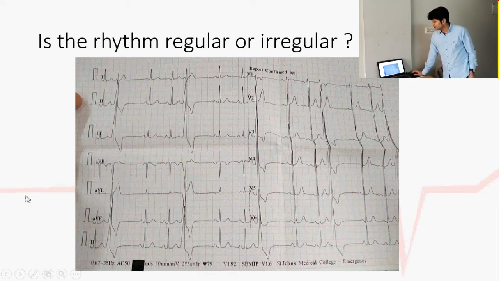So with the rhythm we can decide whether the rhythm is regular or irregular. If irregular, you have to see whether the rhythm is irregularly irregular or regularly irregular. If irregularly irregular, you are going to look for the P waves. If P waves are absent, your diagnosis is atrial fibrillation. If P waves are present, your diagnosis will be either multifocal atrial tachycardia, where the P wave morphology will vary, or sinus arrhythmia, where the P wave morphology will be the same. If your rhythm is regularly irregular, you have to see what sets of voltages you are getting. If there are 2 R waves together, then the gap, it's a bigeminy. If there are 3 R waves together, then the gap, it's a trigeminy.